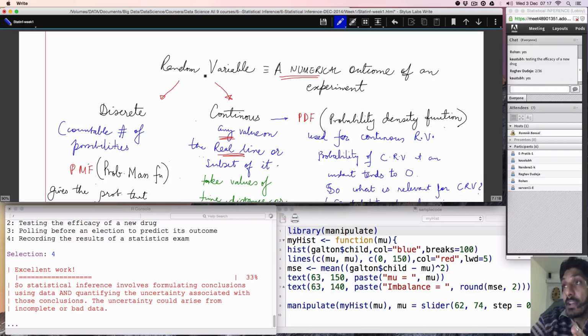So now understand that a random variable is a numerical outcome of an experiment. Let's say I'm tossing a coin. The coin will only give me a heads or a tails. So my outcomes actually are heads or tails. So how do random variables get into the picture now? I'm saying I'm tossing a coin. The coin toss can only give me a heads or a tails. Where does the numerical outcome come into the picture? What do I do to make it numerical?